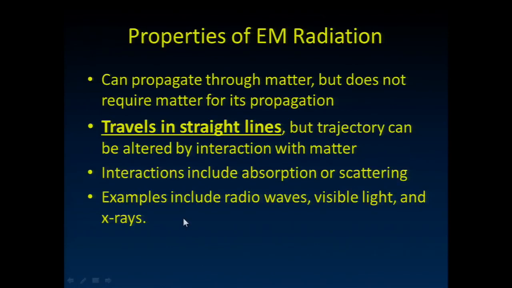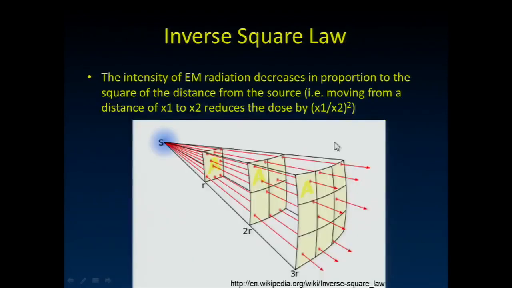One of the first things I want to say is, notice this travels in straight lines. If we're in a vacuum or in air for the most part, it travels in straight lines. That really explains one of the first things you're probably told in radiology, the inverse square law. Think of a little point source of radiation, a little bit of technetium sitting in the front of the room, emitting 141 keV gamma rays. For the most part in air, in vacuum to be more precise, those gamma rays travel in a straight line away from that source. So if you take a look at how many are passing through a particular area when you're a distance r from that source,